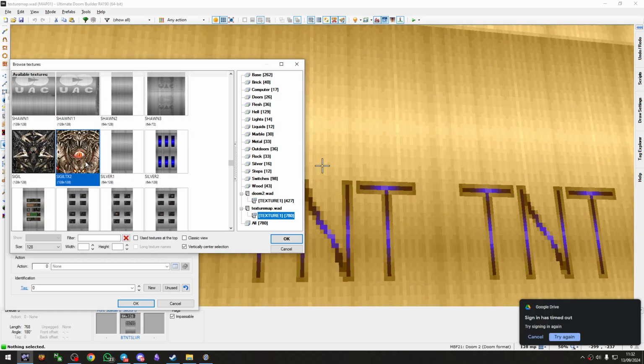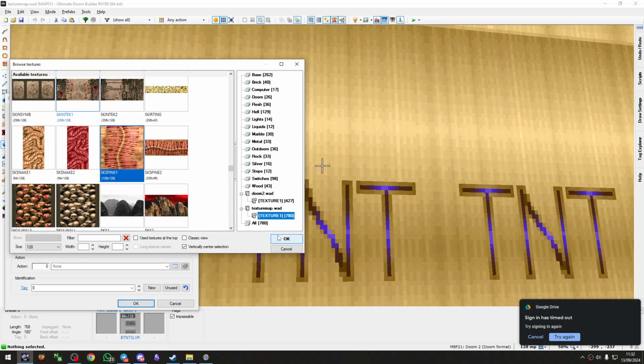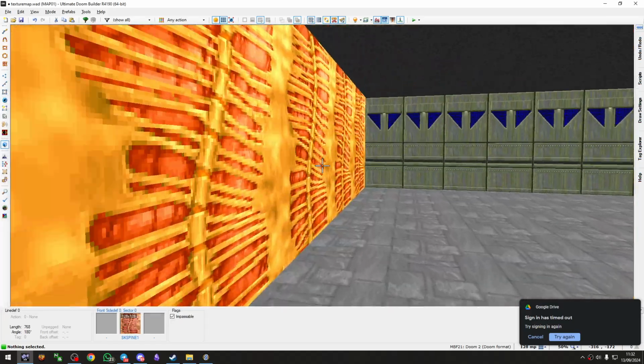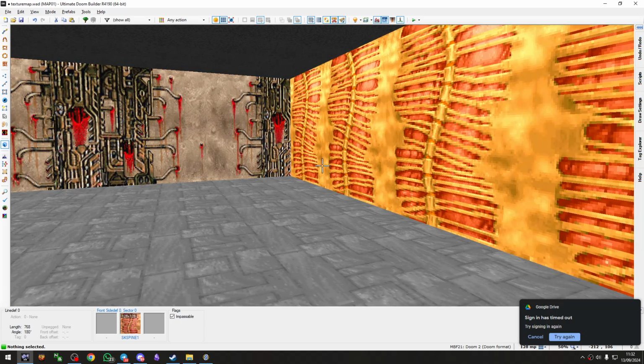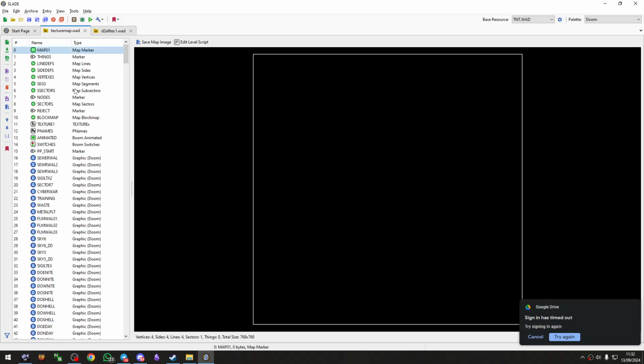Oh wow. Oh yeah, that's a sigil texture. Crazy. You can just copy and paste the contents of a texture pack. If you wanted to add textures one by one,